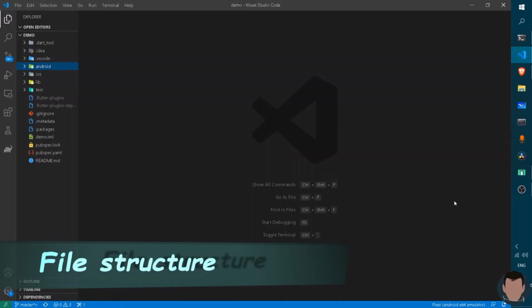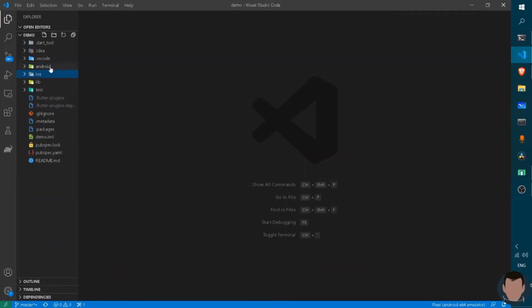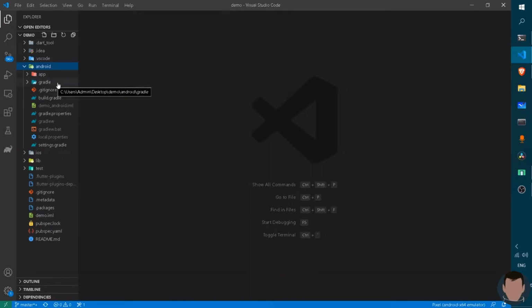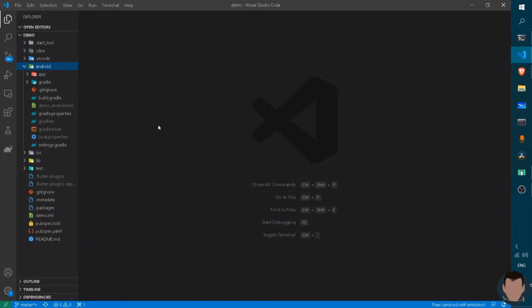Now, if you are working on the Android project, you should be more comfortable with this Android folder, while for the iOS one, this iOS folder. In terms of Android, you may see that there is an app subfolder and the Gradle one. Gradle is a build automation system which is open source. It is a high performance tool that can run almost any type of software on our device.